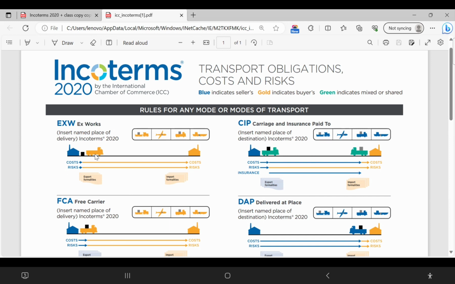And then here, if you see the documentation, export formalities and import formalities. Like here under EXWorks, export formalities are the obligations of the buyer, and import formalities also are the obligations of the buyer. This is the second point. It could be documentation, export formalities and import formalities. You will have to make an effort to remember it. And then at what point, until what point, who is paying? Okay, the cost. There are a lot of points there.